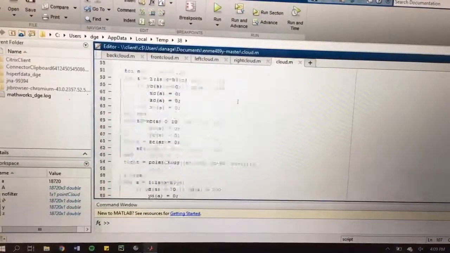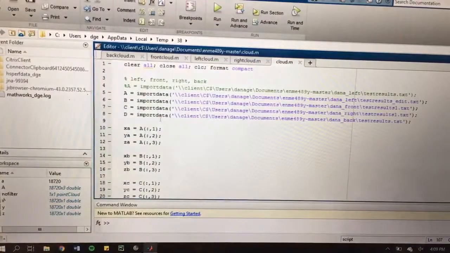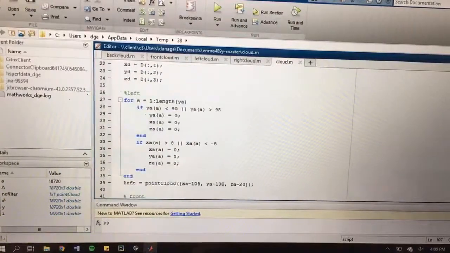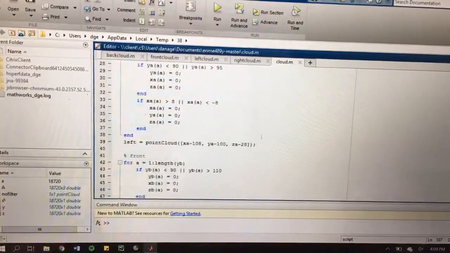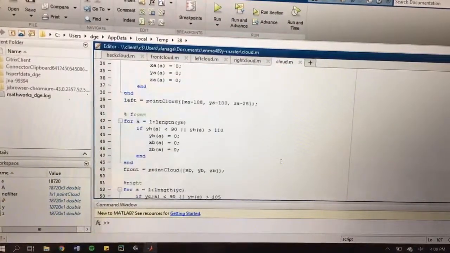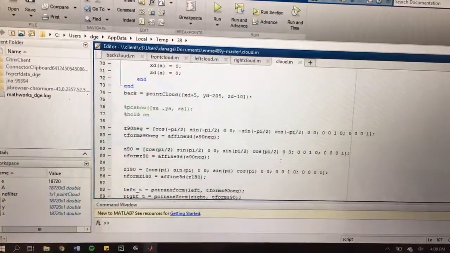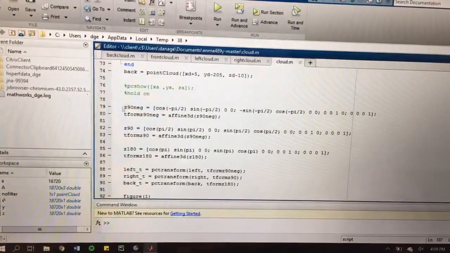So then combining them all into one point cloud, here I have all of the data being imported and then cleaning each one individually and filtering out all of the noise. And then applying a few transformation